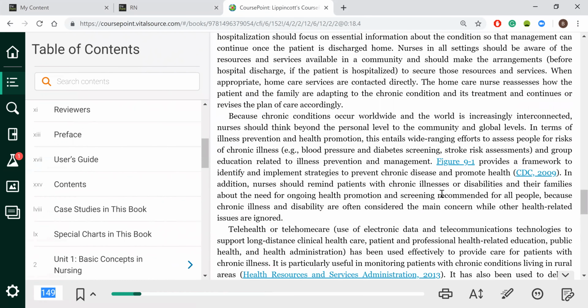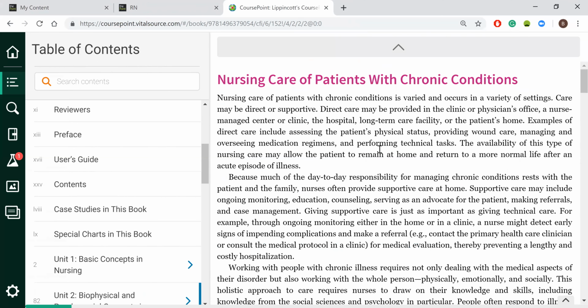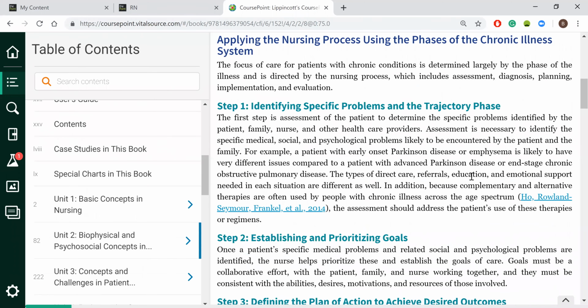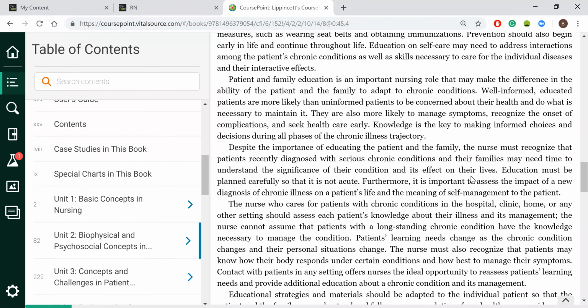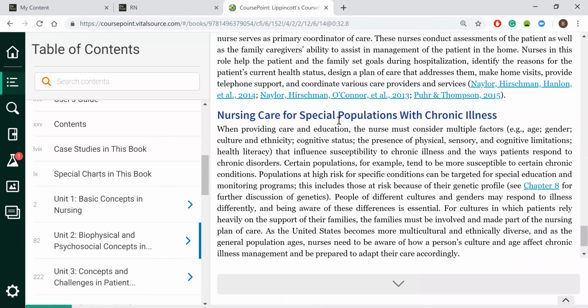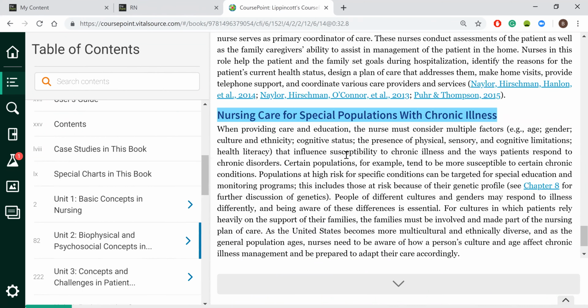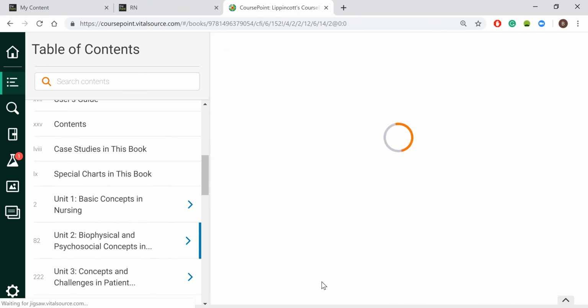And if you scroll up, this is all page 149. So all of these things are kind of getting you down to where you need to be. So starting here with this health assessment, and then here are nursing care for special populations. So this is where you would actually start, right here. I'm just gonna highlight that. So you start there, you read about it, and then to get to the next page, you click down at the arrow down button.